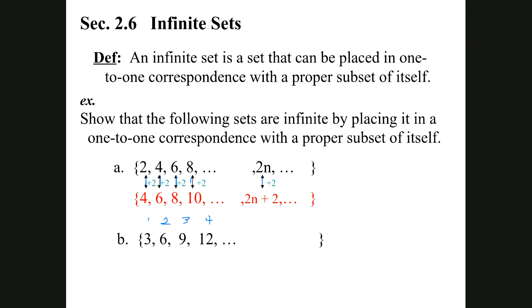So notice the first term, 1 times 3, second term, 2 times 3, third term, 3 times 3, fourth term, 4 times 3. Whatever the difference is, we're adding 3. Whatever number that is that we're adding, 3,